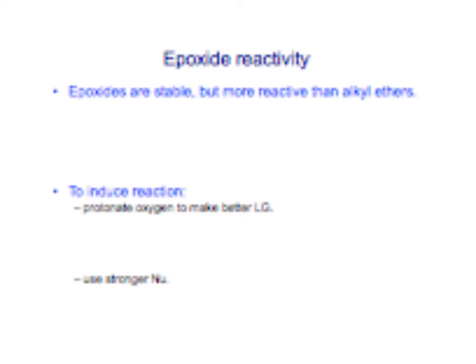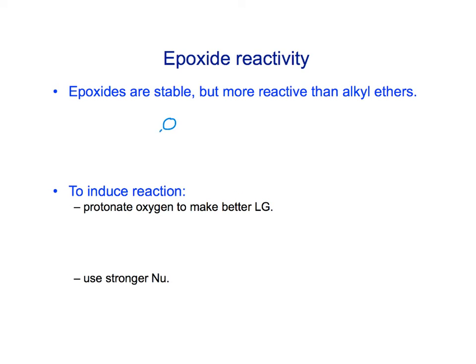While epoxides are stable, they are found in naturally occurring molecules, they are more reactive than other alkyl ethers. So why do you think that would be? Well, let's look at the two carbons on each side of this oxygen. What would be the hybridization of these carbons? Well, there's no pi bonds, so they should be sp3 hybridized, which would favor bond angles of